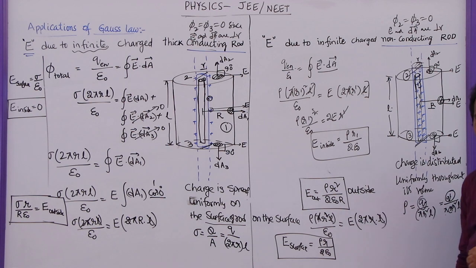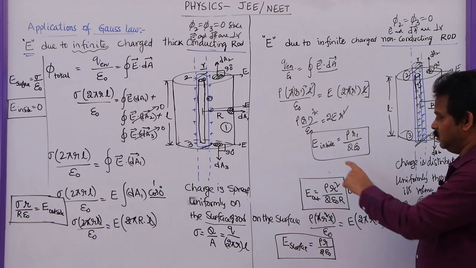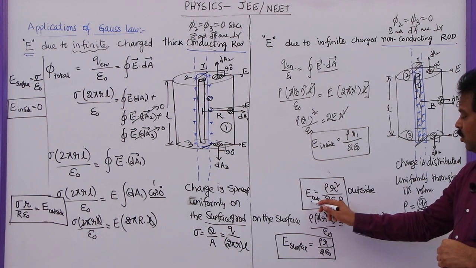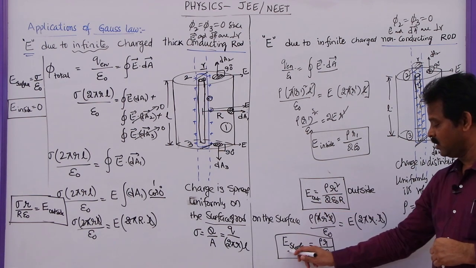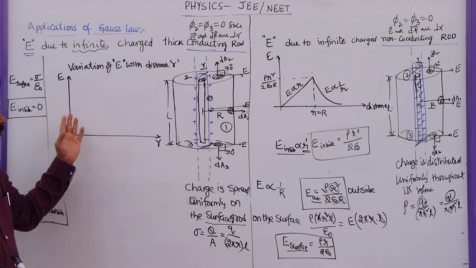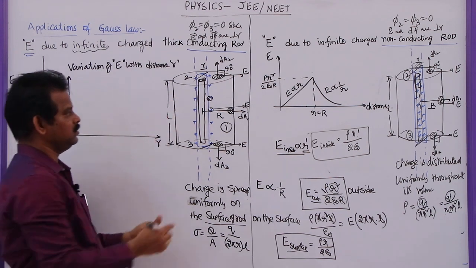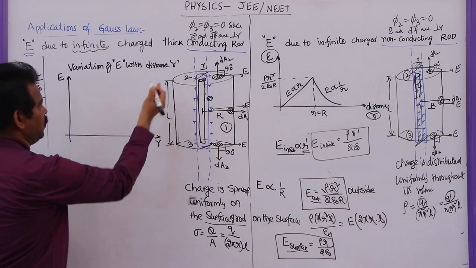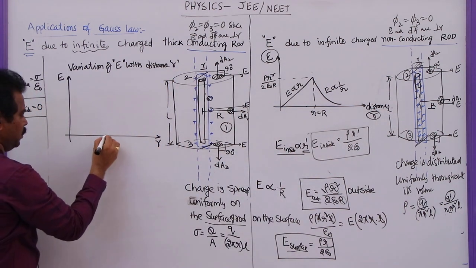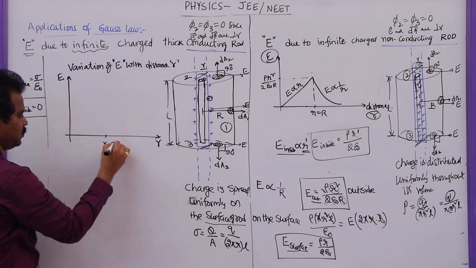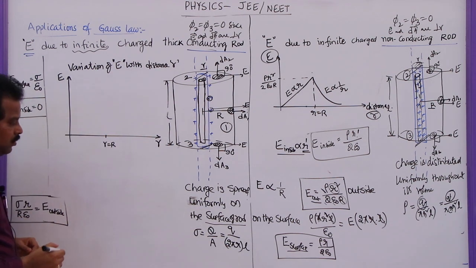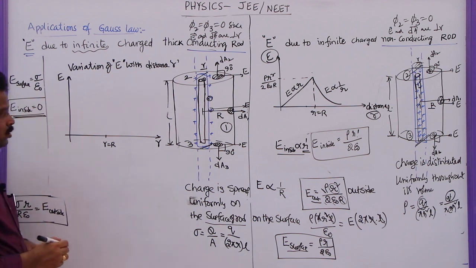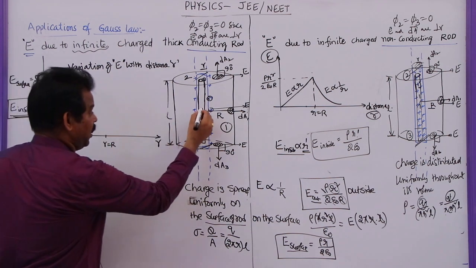You can see three different formulas here. This is inside the non-conducting rod. This is outside the non-conducting rod. This is on the surface of the rod. If we wish to draw a similar graph, this is the variation of electric field with the distance r. Here, for a conducting rod, let me take this is the point on the surface of this conducting rod. We know that electric field inside this rod is 0. So this is 0 till its surface.